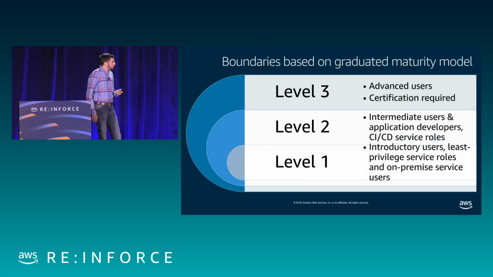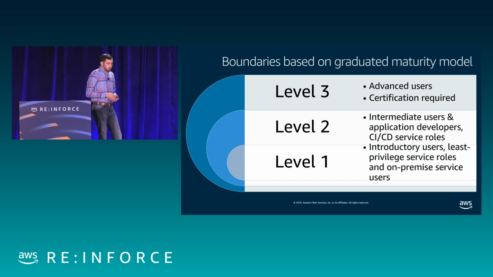Instead of a workload-centric approach, we took an approach based on a graduated maturity model. So the way we think about it is we created a user-centric approach to permission boundaries. We took that concept of what AWS calls delegated administration and used that when we applied what permission boundaries you can create. So you can imagine in the simplest case, you have these introductory users, they're new to AWS, you have service roles like Lambda to DynamoDB communication. These are the least privileged roles. They're going to be protected by a fairly tight